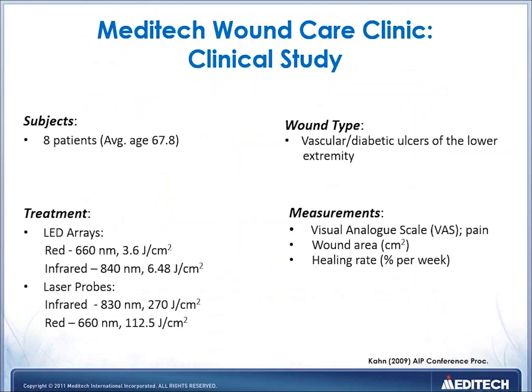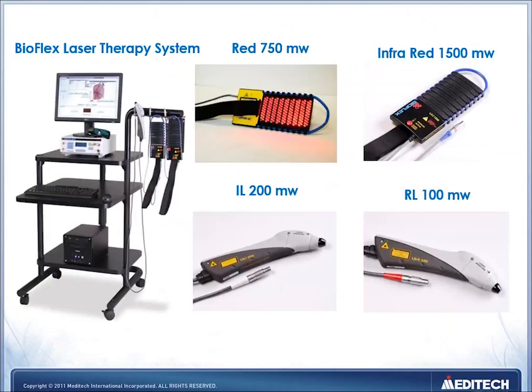So all of those 8 patients that we have discussed earlier today, we put together a certain summary in terms of visual analog scale when it comes to pain, wound area, utilizing the clinical photography so that we could look at the rate of their healing. And this is the equipment that we've utilized: red infrared arrays, large surface arrays, and then 2 laser probes,